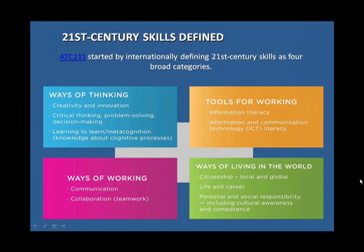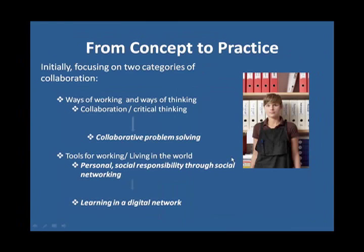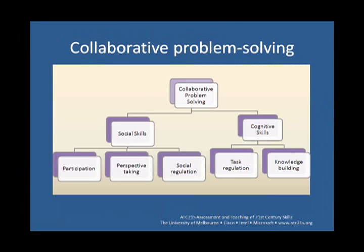The collaborative problem solving was defined as consisting of both social and cognitive skills, and within the social skills, can we move the slides on please? And again. Within the social skills we can talk about students developing participation skills, perspective taking skills, and identifying social regulation within the group. Within the cognitive skills, there was the idea of them identifying, analysing the task, and being able to build knowledge. In learning through digital networks,